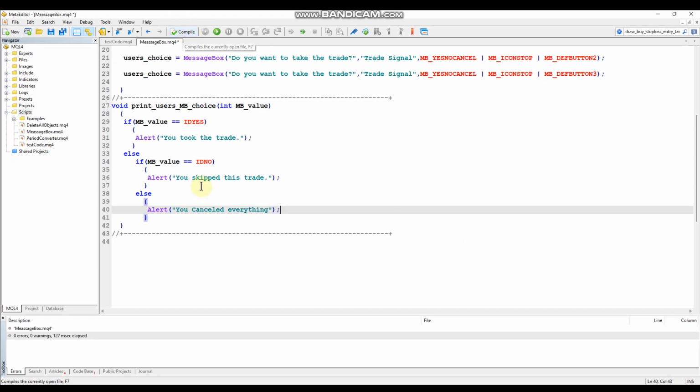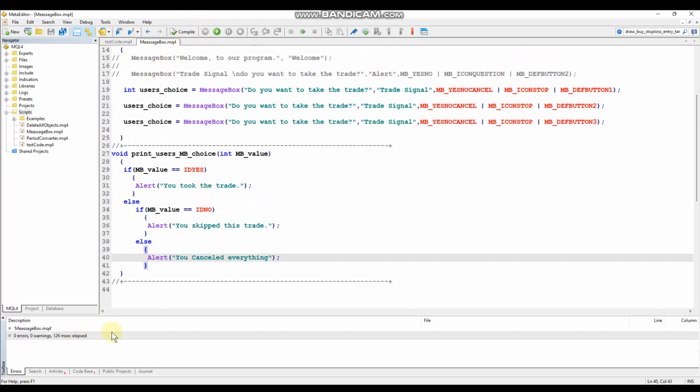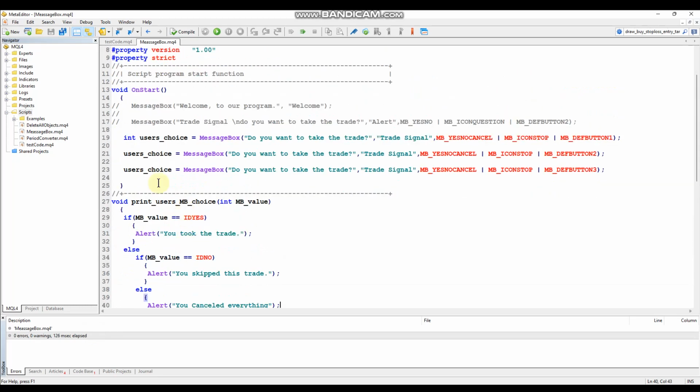Now let's compile this, make sure our function doesn't have any errors, and all we're going to do is call the function up through here. And because obviously you wouldn't be setting up message boxes like this, you'd be setting it up the one time and then calling whatever function you want to do with it. So for simplicity's sake, I'm going to show you when we hit yes, we're going to call this function. When we hit no, we're going to call this function, and when we hit cancel, we're going to call this function. So in order to call the function,